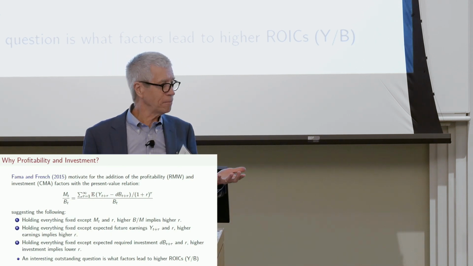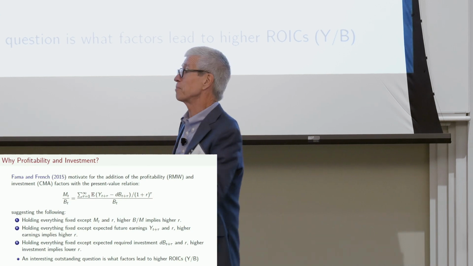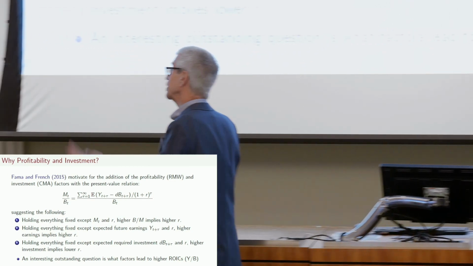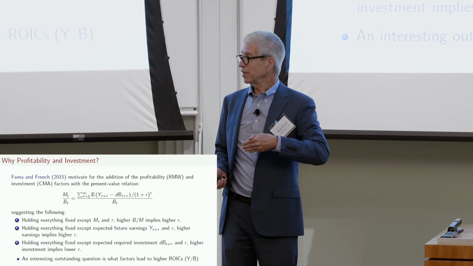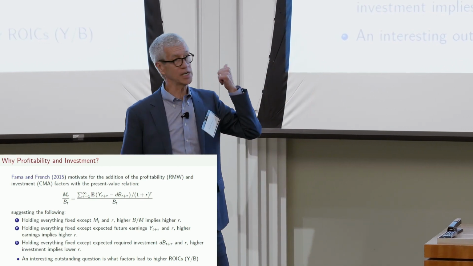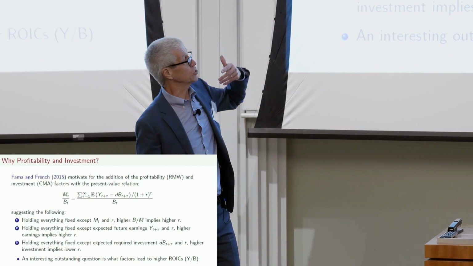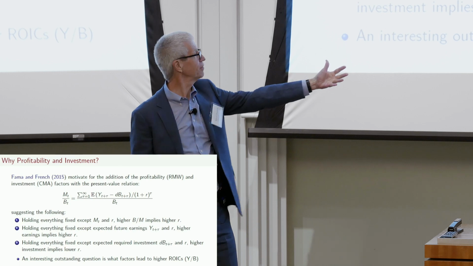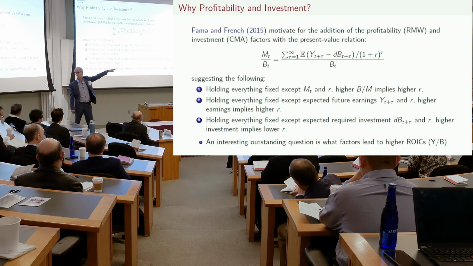Now that's a little bit complicated because, of course, if the ROIC isn't constant across firms, if some firms are able to produce higher cash flows from the book, then other things will matter. And specifically, this is the motivation for Gene and Ken's 5-factor model. If firms produce higher profit for the same level of book, then those firms necessarily have a higher cost of capital. Okay, by the way, this is straight from their 2015 paper.